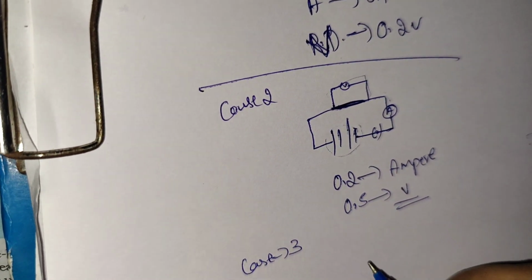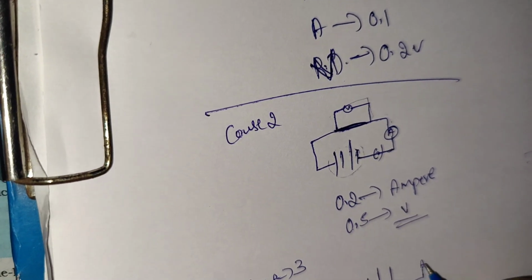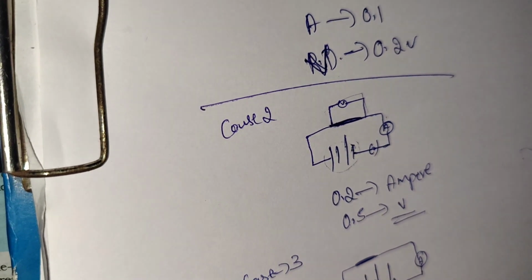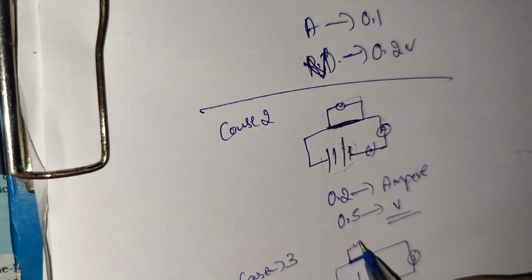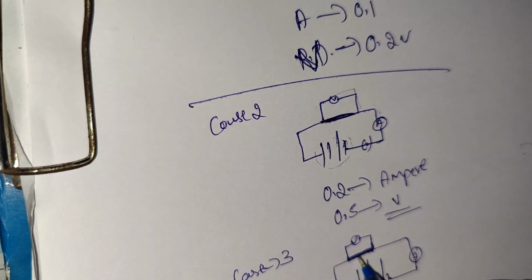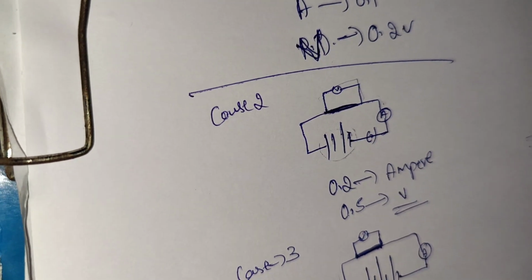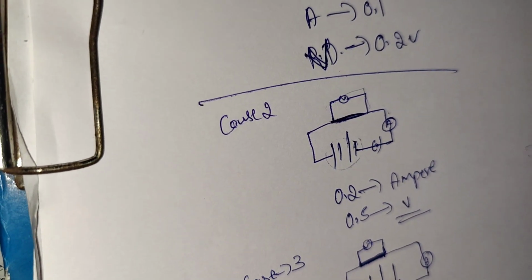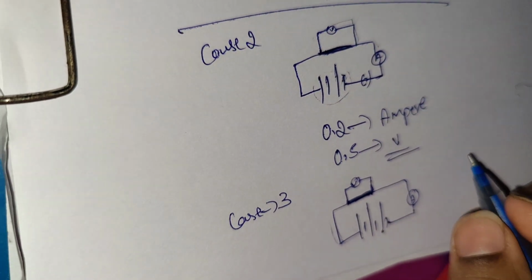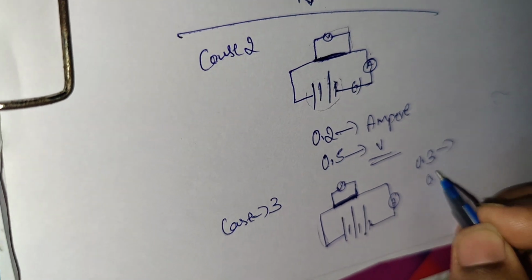3 cells. So 3 cells are connected in a simple circuit, same as before, and a nichrome wire is connected. Nichrome wire produces resistance because nichrome wire is not so easy. In copper wire, current passes easily, whereas in nichrome wire, current does not flow easily. And here 3 cells are used so that we can get values around 0.3 ampere of current and 0.75